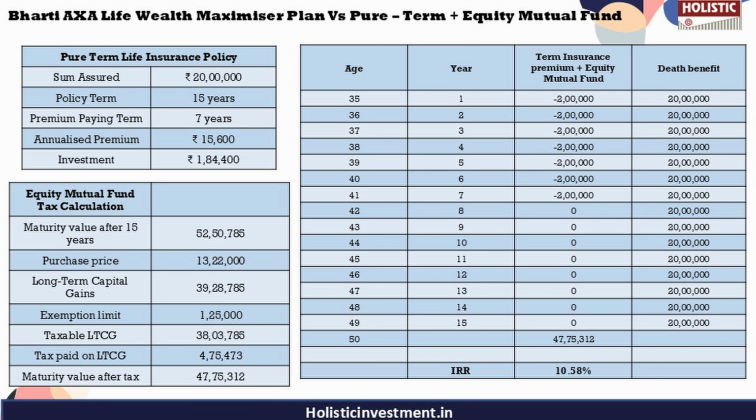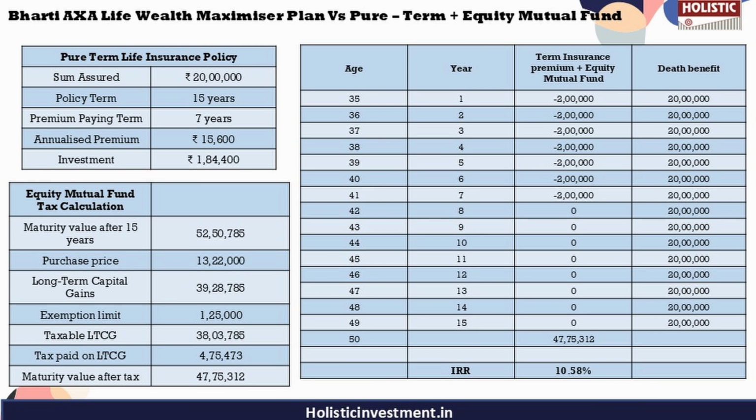So during the first 5 years, the residual amount after paying the insurance premium is invested. In the subsequent 2 years, the entire 2 lakh annual amount becomes available for investment. So choosing the appropriate investment avenue should be guided by individual risk appetite. So high risk investors may allocate to equity oriented instruments, while conservative investors may prefer debt oriented options.